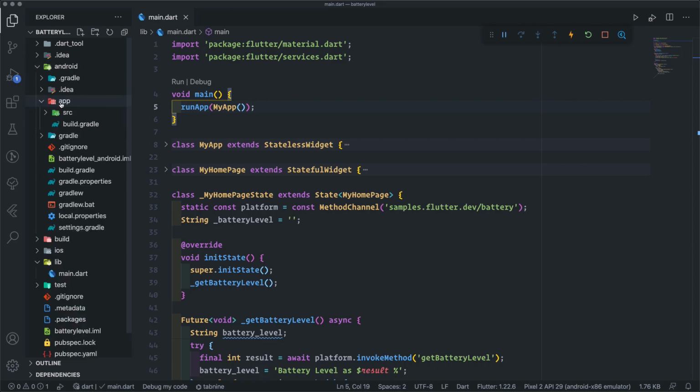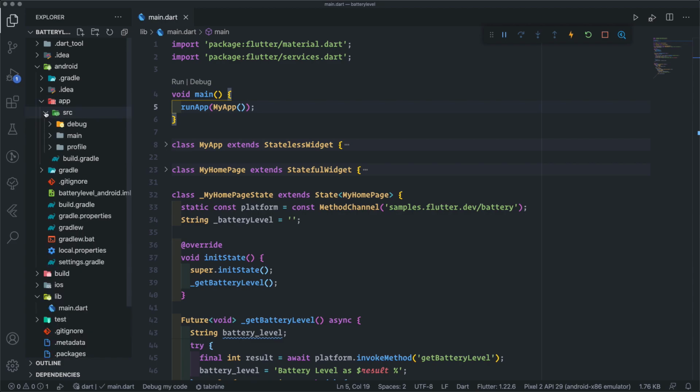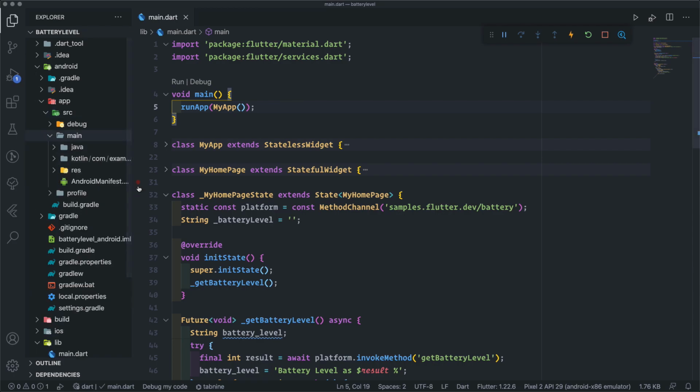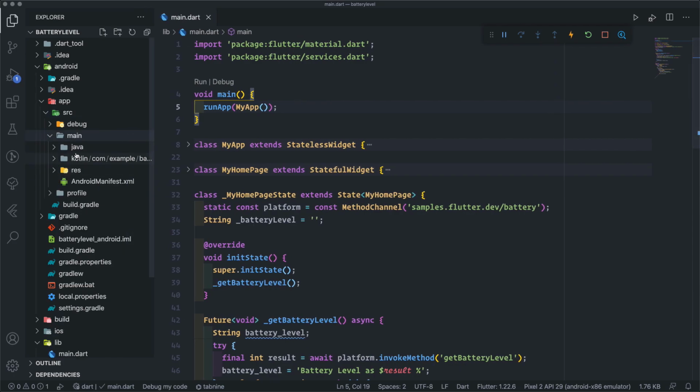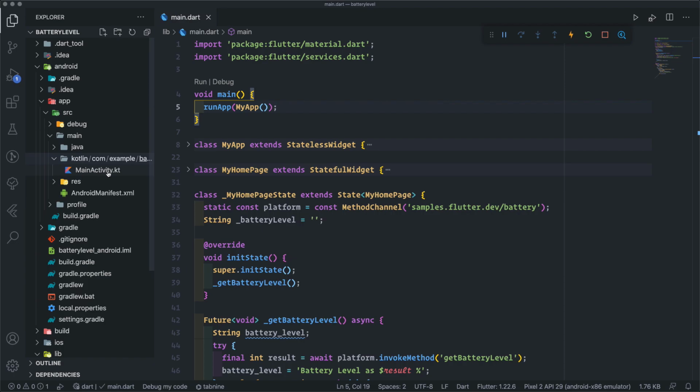Here we have the app, and inside the app there is src, and you ignore the debug and the profile, and then you go to main, and you can see that there is the java and then the kotlin. Normally Flutter uses Kotlin to compile the Flutter project to Android apps, and we will open this Kotlin